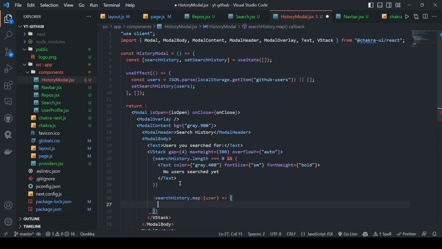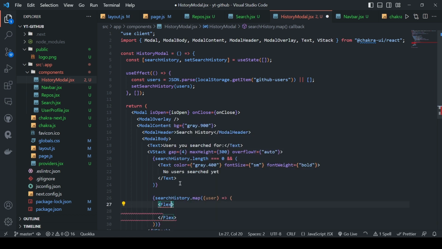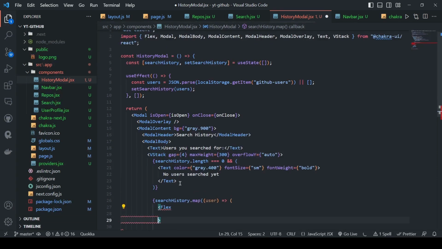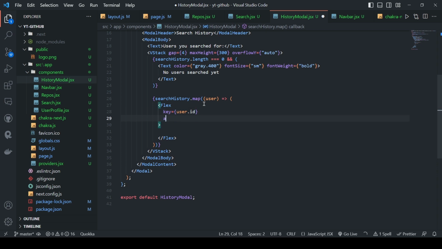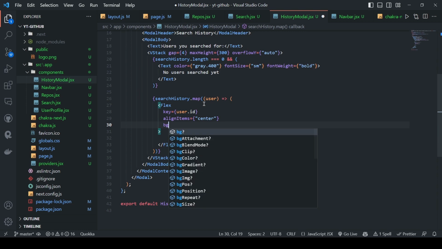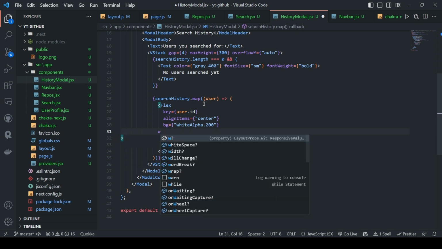So here, why does it give me error? So I need to close this, and then we will have a flex, which is again gonna have a lot of props on it. So let me just give ourselves a little bit space, and then put key as user.id, and then align items center, background white alpha 200, width should be full,